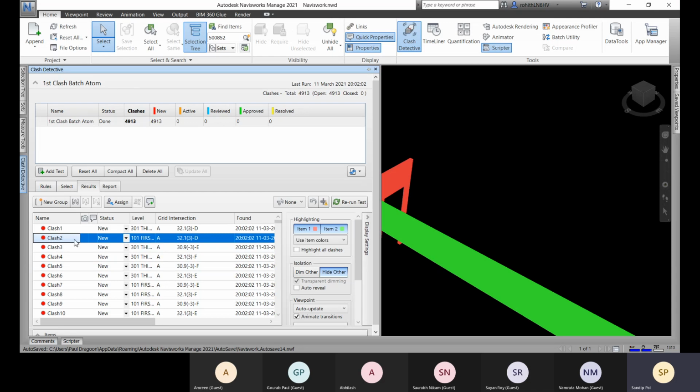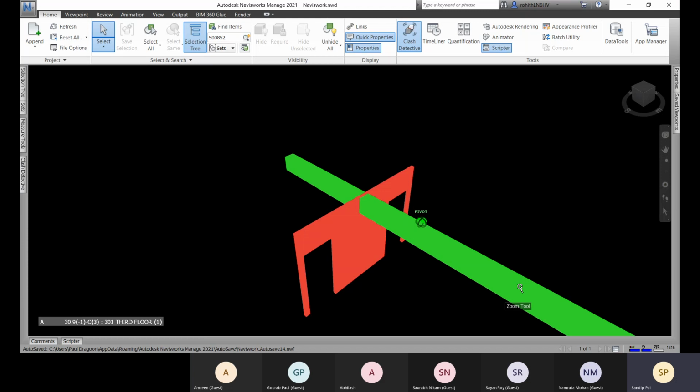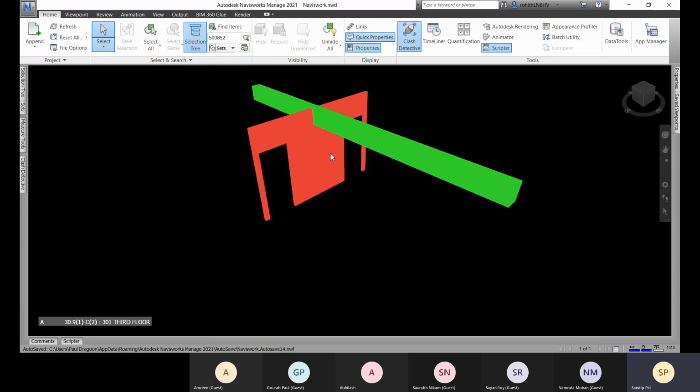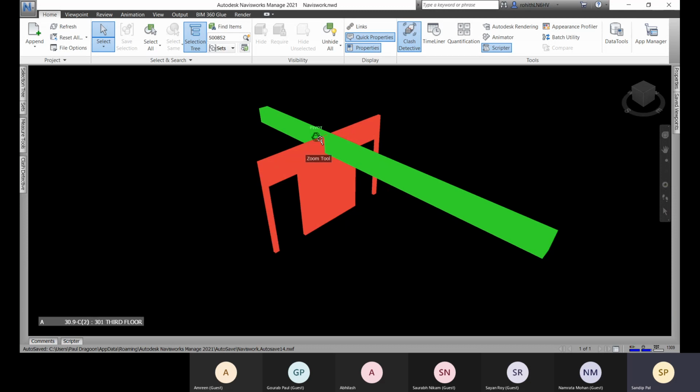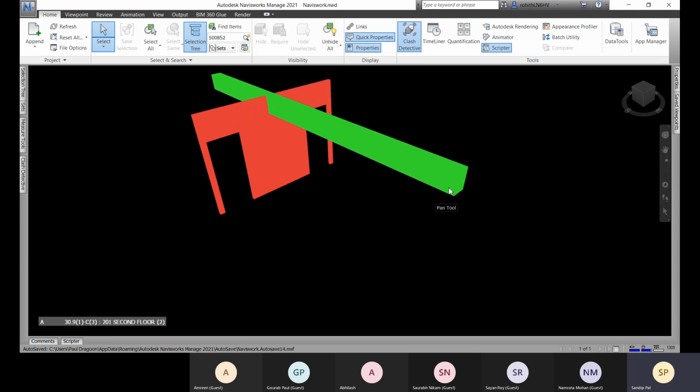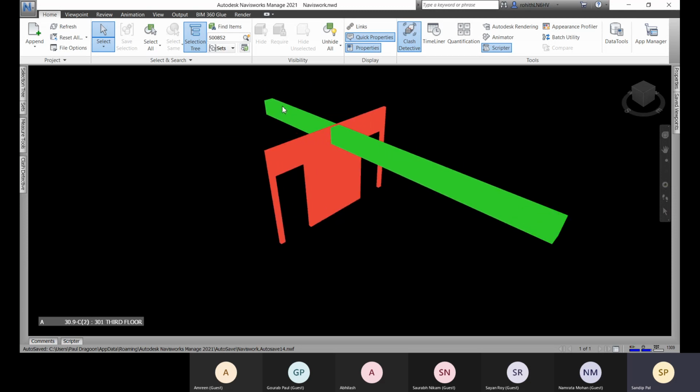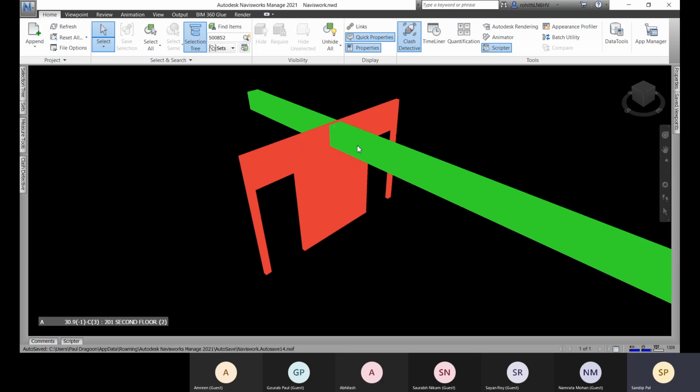Right now class 2 is selected, so on the screen you can see only class 2. The classes between this wall and this structural framing component are here. So you can select this.